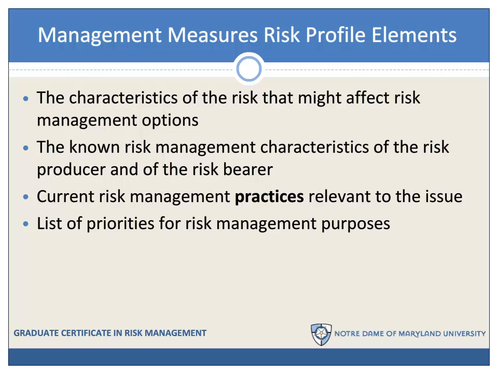In the risk profile, it would be important to capture as much as we know about the different means by which people were trying to manage these risks already. So the management measures elements of the risk profile would include the characteristics of the risk that might affect risk management options. If human health is affected, we might be involving public health and medicine and other kinds of measures from those fields. If the environment is going to be affected, we might be looking at an entirely different kind of tool set. The known risk management characteristics of the producer of the risk and the bearer of the risk